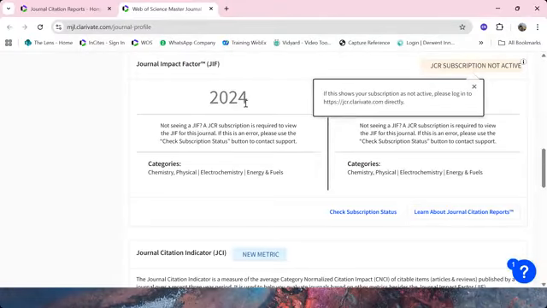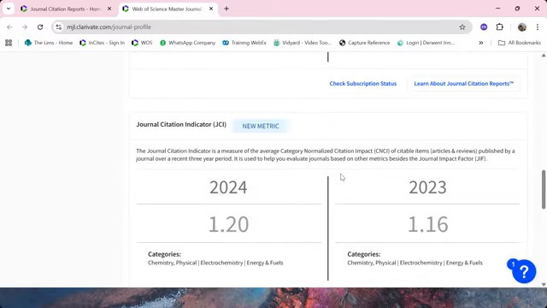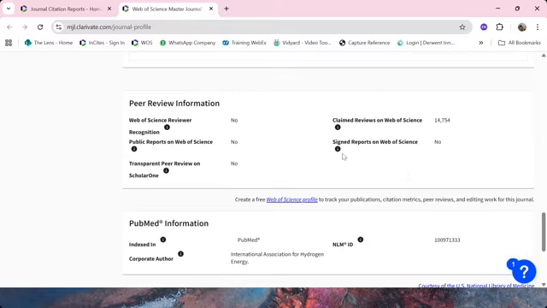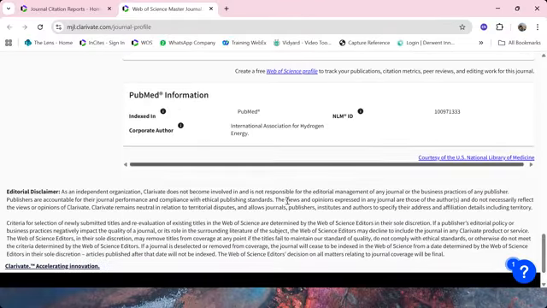You will only see the journal impact factor if you have a JCR subscription. And if they have information about things like the article processing charges, if it's an open access journal, these would also be here on the master journal list. All right, so that's the master journal list.